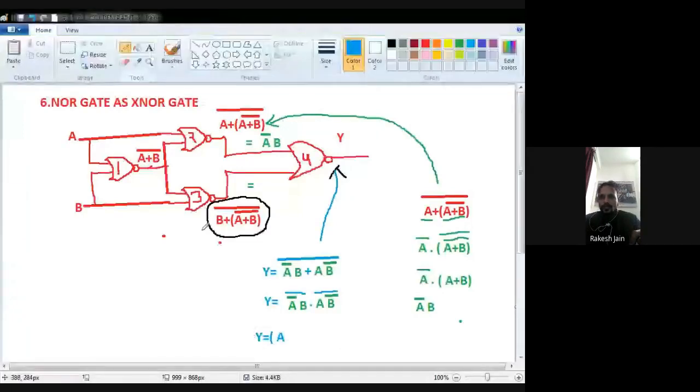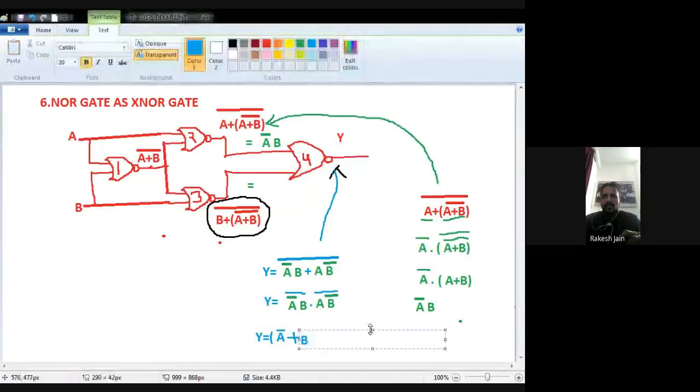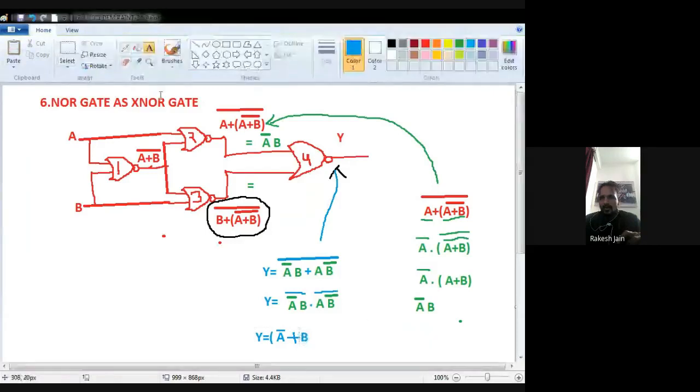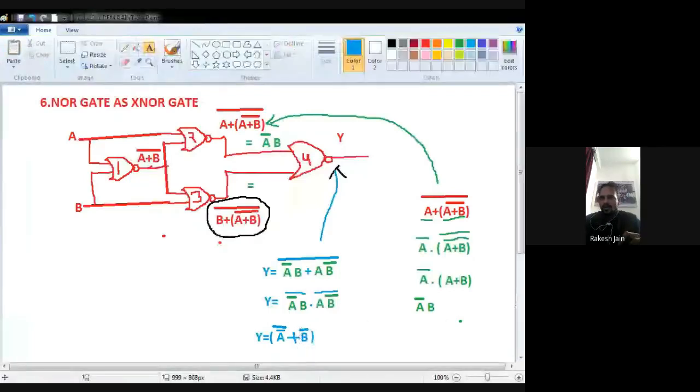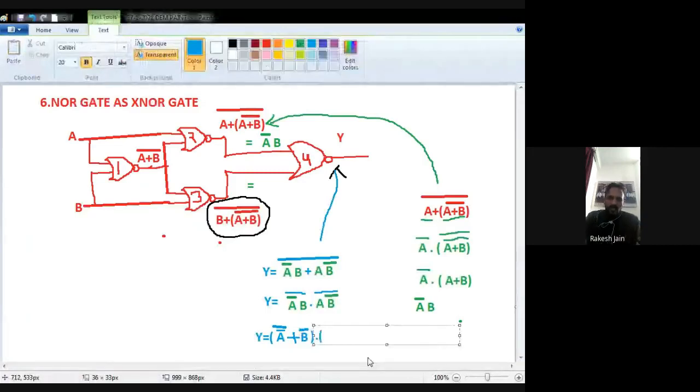I just move it from this side so you will understand. Now again apply the De Morgan theorem over there, two things in first case and two things in second case. See in bracket, first of all the first thing, A bar and B having a dot, multiplication is there. So first write down separately A bar, and this dot will be converted into a plus. Then write down the second thing, that is B. A bar will be barred and this B will be barred.